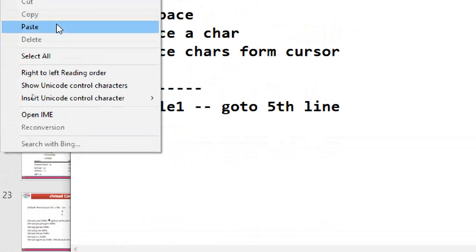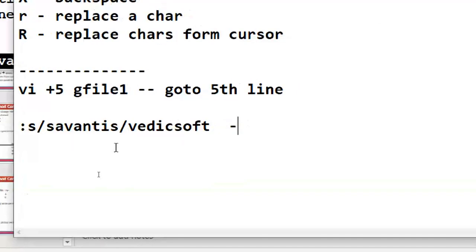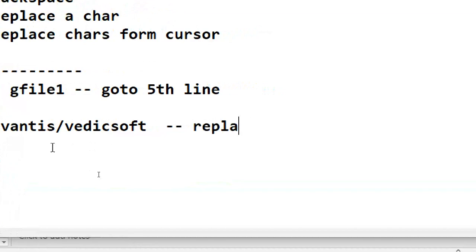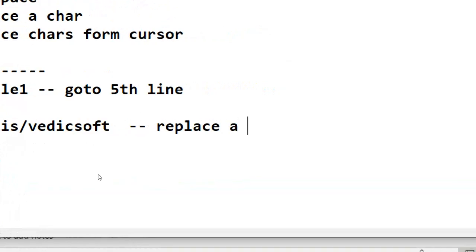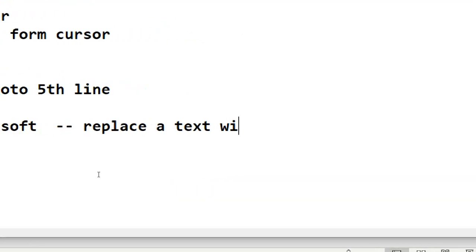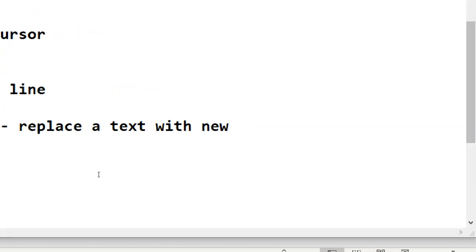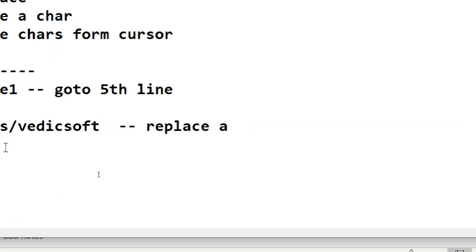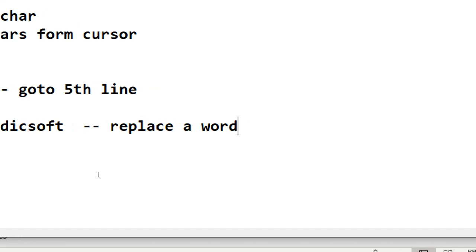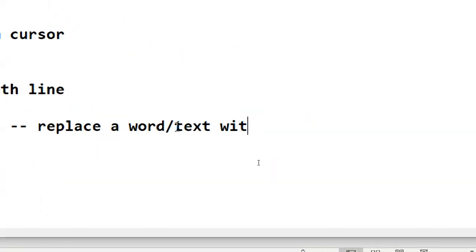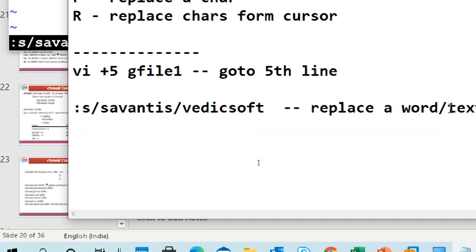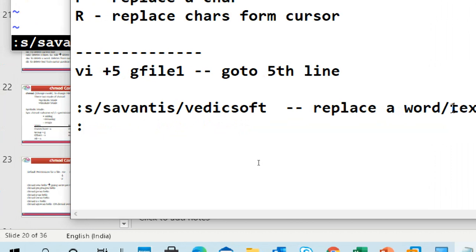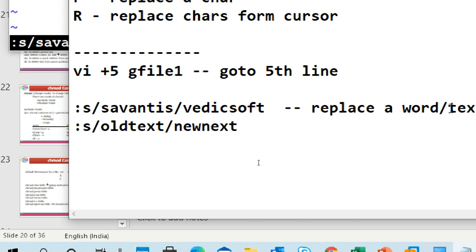So this is to replace a text or a word with a new one. You can use a word or a text. How to give it? :s/word or text/new text.